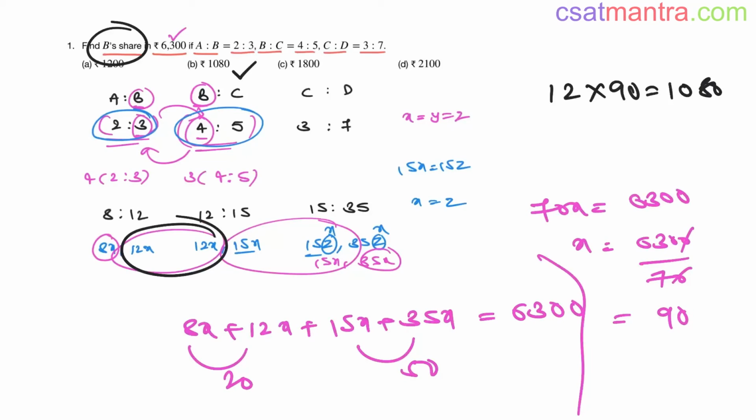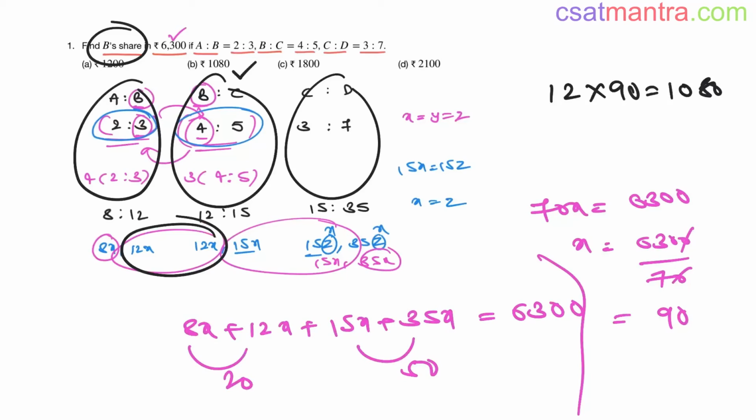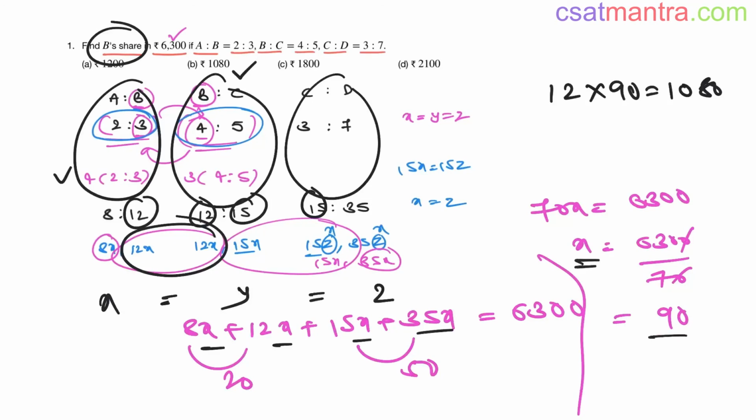So the learning from this problem is, you can scale up the ratios, scale down the ratios, multiply with any number on both sides, my friends. It doesn't make any difference. And every ratio has a unique variable. Here x, here y, here z. In this problem, we made x equal to y equal to z by doing it this way. You have to do it this way to make the problem simpler. Since B is there in two ratios, we make B equal. C is there in two ratios, we make C equal. When we are making C equal, we shouldn't be altering B. And then the whole problem converts into a single variable. From that you can find that variable from the given information, and then find B's share. Hope this is clear. Thank you.